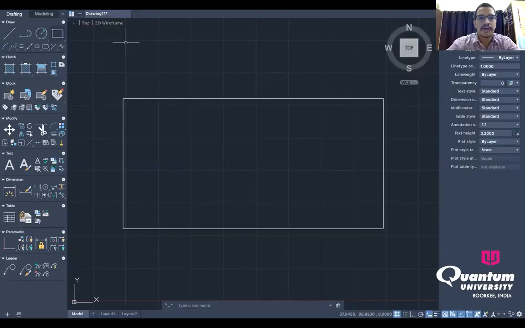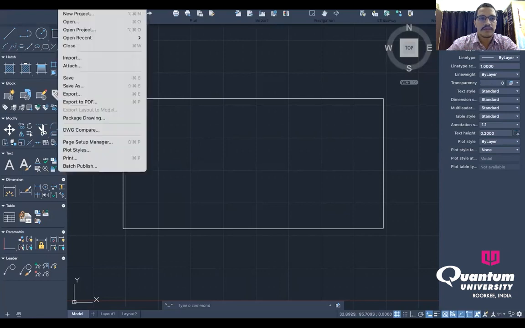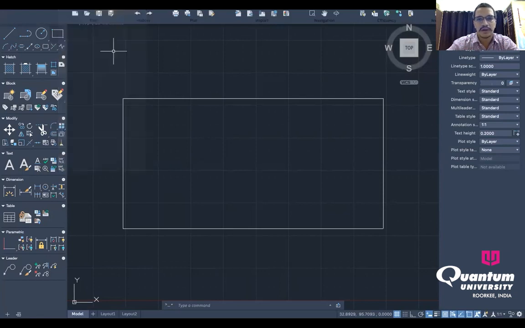for example, we already have this drawing. Now I want to open a new file. Okay. So either you can use the conventional method, go to the file and just select the new drawing. Okay,